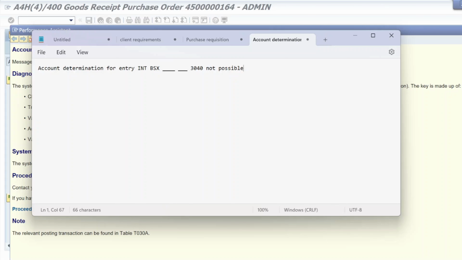So in that case, how are we going to resolve that? Simply, we will resolve that in OBYC code. But before that, you should know how to read this error. This is a chart of account. This is a key, BSX, right? This is a valuation class. So in that account determination, this is the chart of account, this is the account key, and